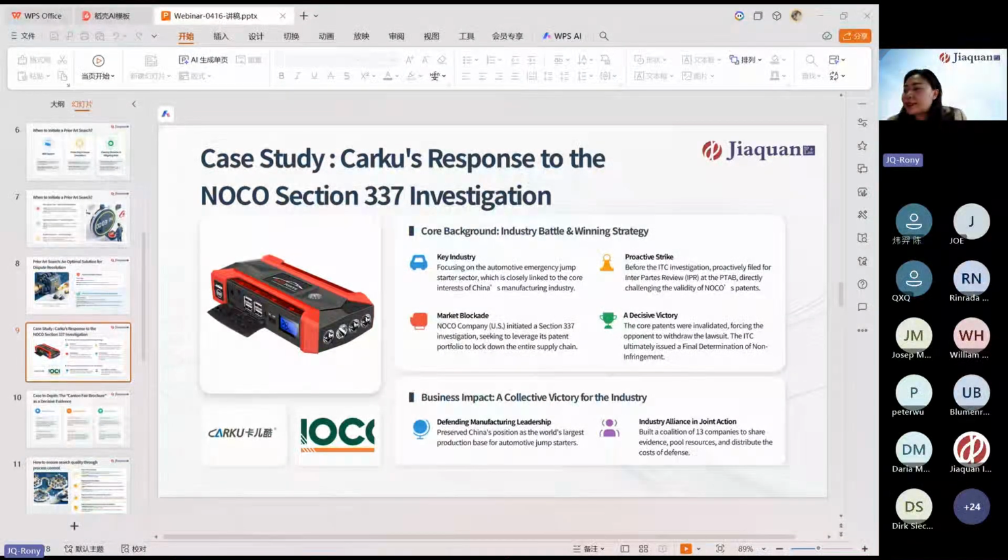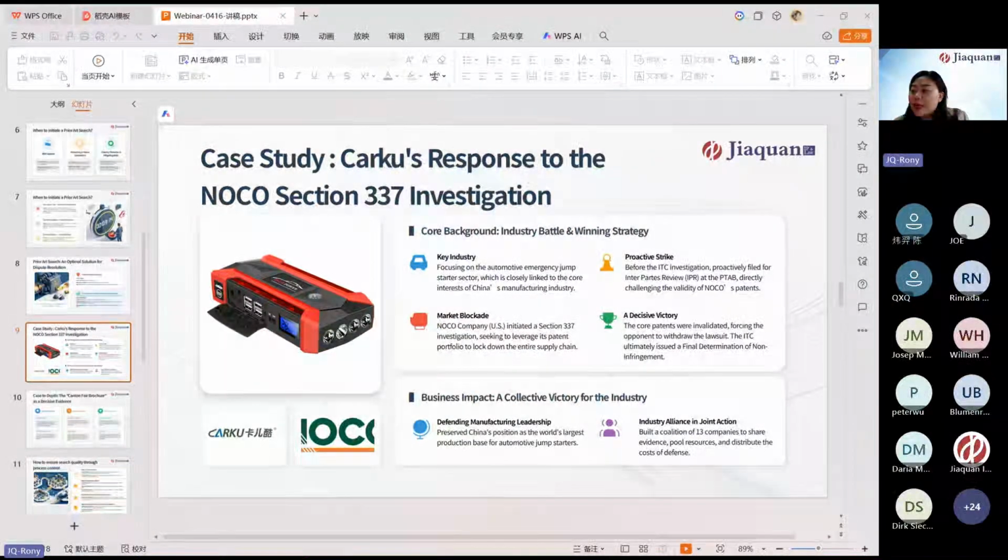Okay, this is a real case that occurred after 2021 in the automotive emergency jumpstarter industry. Chinese company Carco was hit by a Section 337 investigation initiated by U.S. company NOCO. In this investigation, along with Carco, 12 other companies were sued. At that time, we provided prior art search services for one of these companies. Carco's strategy was highly